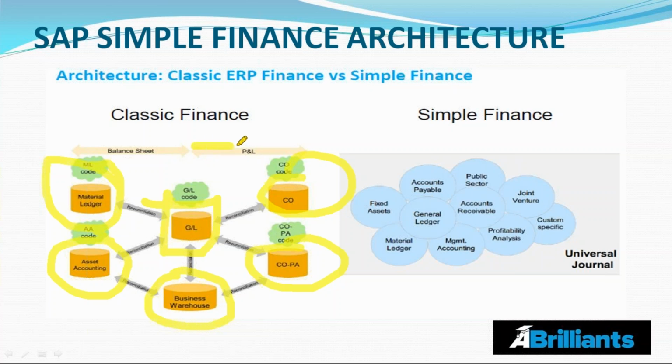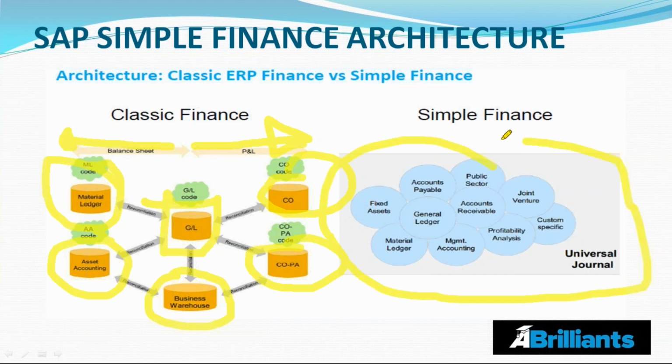From the general ledger towards the right, you have profit and loss analytic table, and from your general ledger towards your left, you have a balance sheet. So it gives you a better approach on what to do, how to do it, and how to progress with this. Look at Simple Finance. Simple Finance gives you a cloud of universal journal, all of them attached to one another. It gives you better comprehension, a better approach, and a simplified data process in terms of data analysis.